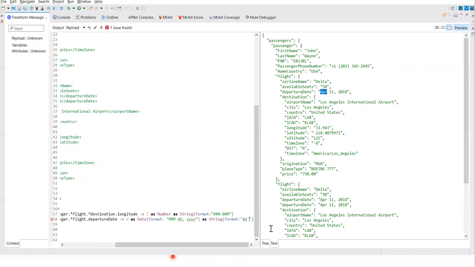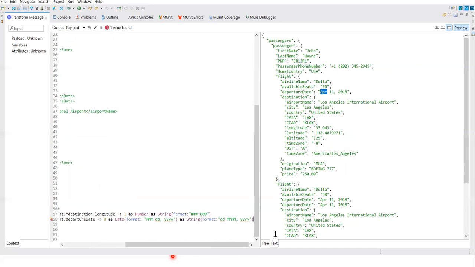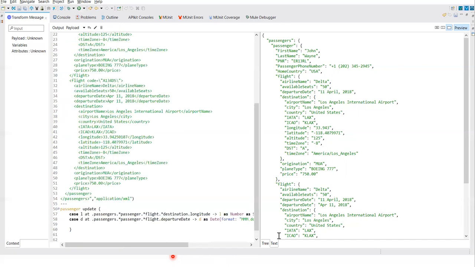The DD space, we'll say 4 times M, then we'll get the complete month name. Okay, and then YYYY. So let me check what is going wrong here. Yeah, so one curly brace we need to add at the end. Now you can see we have achieved what we want. So we want DD, then our complete month name and the year.